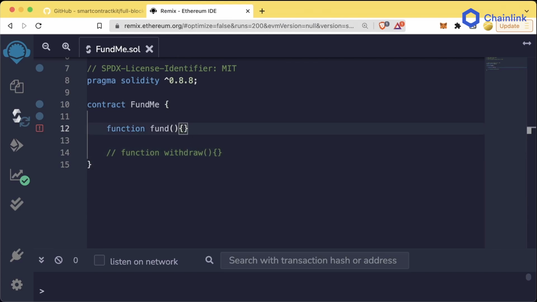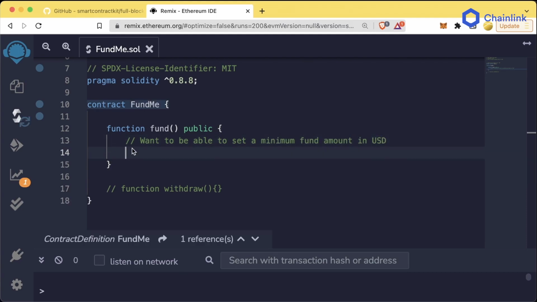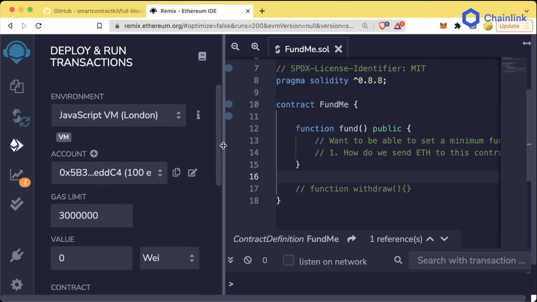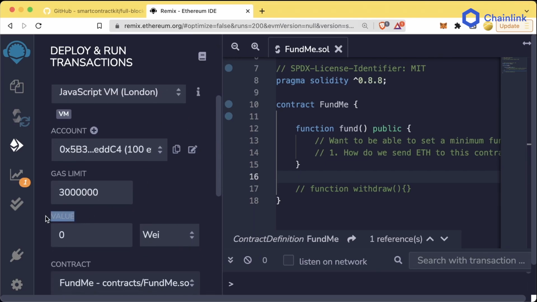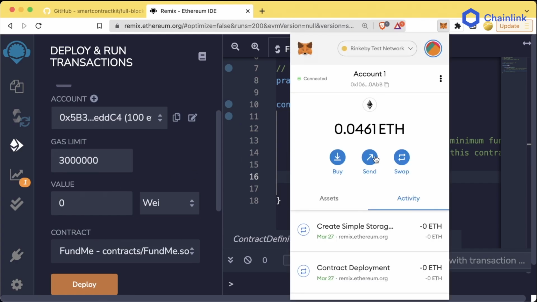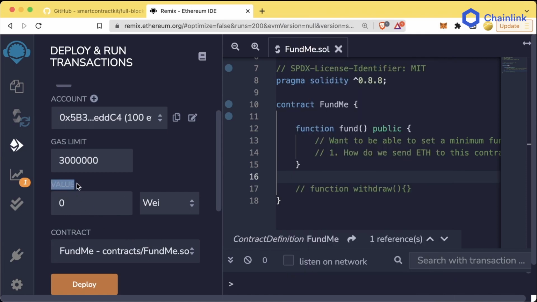So we want anybody to be able to call this fund function, so we'll make this public. As we mentioned, we want to be able to set a minimum fund amount in USD. There's a lot of things to think about here. First thing we probably want to think about is how do we send ETH to this contract? Whenever we create a transaction on any of these EVM blockchains, there's this value field that we can set. Value represents how much Ethereum we're going to be sending with our transactions. For example, when we transferred Ethereum between our different accounts, we were actually populating this value parameter with different amounts